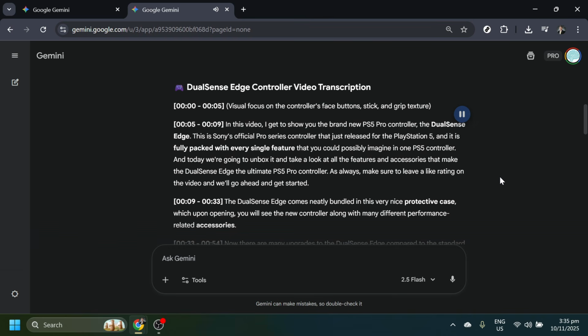So go ahead and give it a try. Transform those audio or video files into text